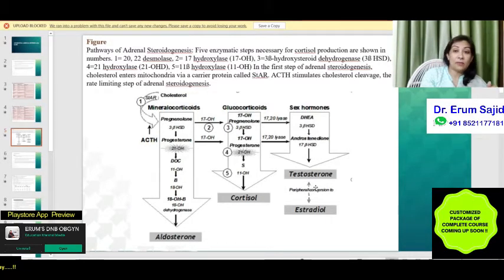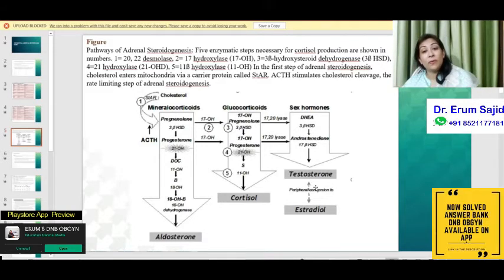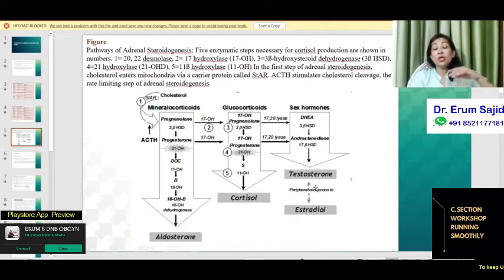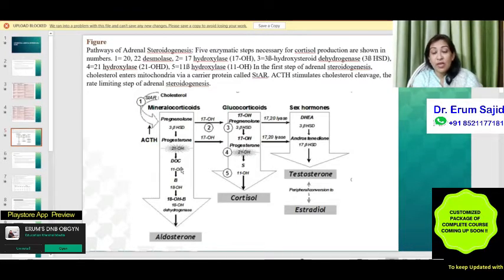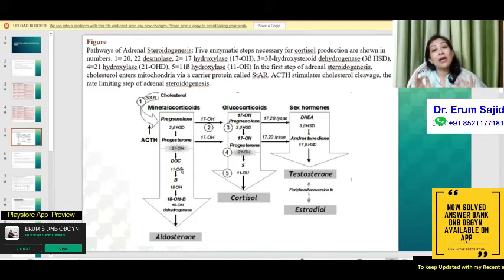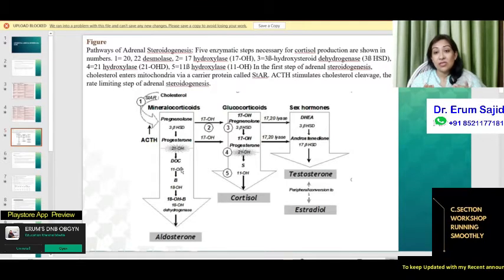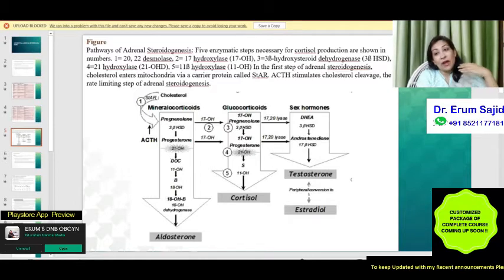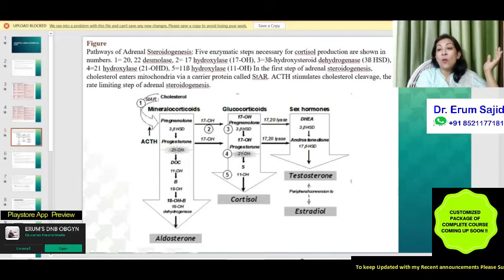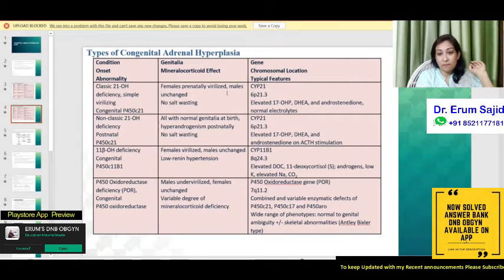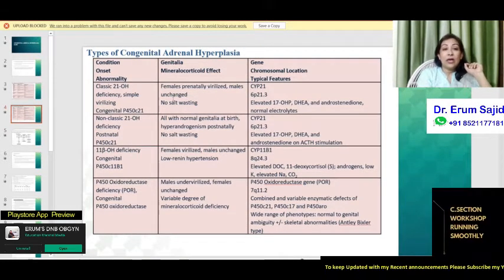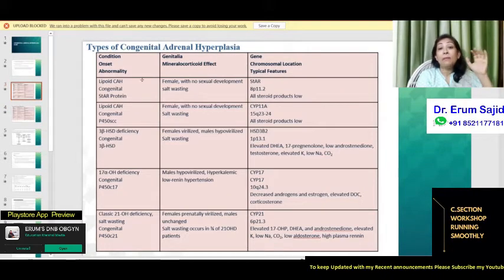So if there is a female baby, she'll have a virilizing disorder because even at birth, testosterone will be higher in quantity than it actually should be, because instead of aldosterone and cortisol being formed, it's all getting converted into testosterone. And that causes the virilizing effect. So the DHEA and 17 alpha hydroxyprogesterone are the classic diagnosing parameters of CAH. So if you understand this slide, you know it all. I don't have to go forward and tell you anything now, because now I'll just brief a little about these typical features. Now, the types of congenital adrenal hyperplasia are many,